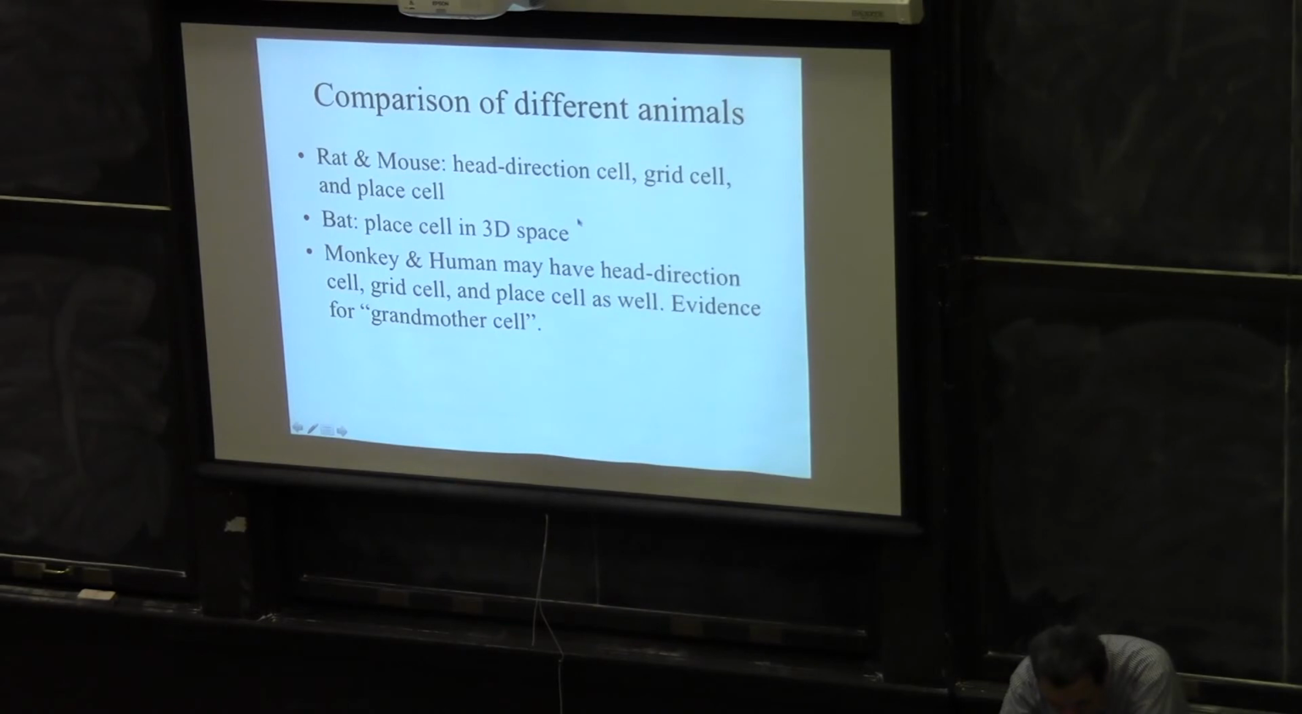So the comparison of different animals. So these are different animals. We know that in rats, in mouse, and in bats. The bat is interesting because the bat looks like a rat, but it's really flying. They're living in three-dimensional space. So in their hippocampus, they find that they have a place cell in 3 dimensions. In the monkey and the humans,